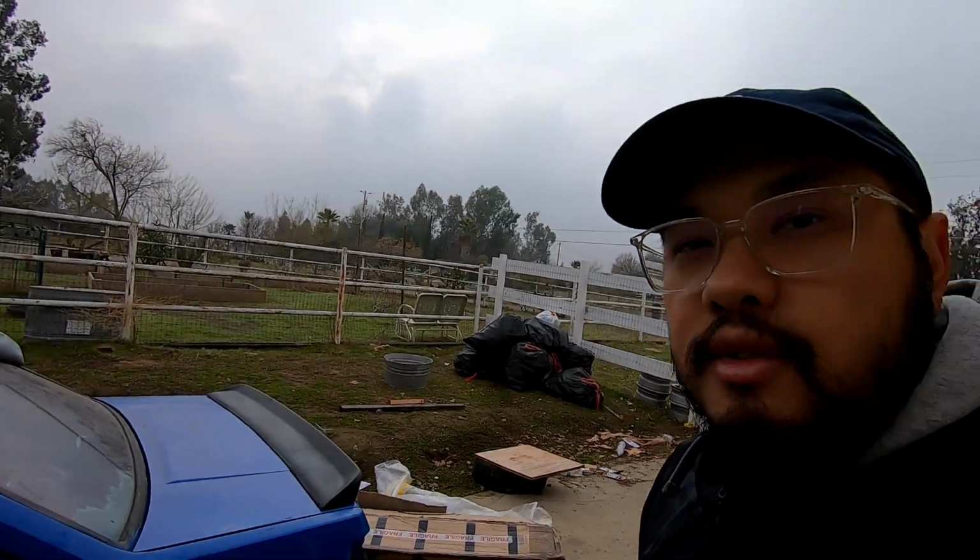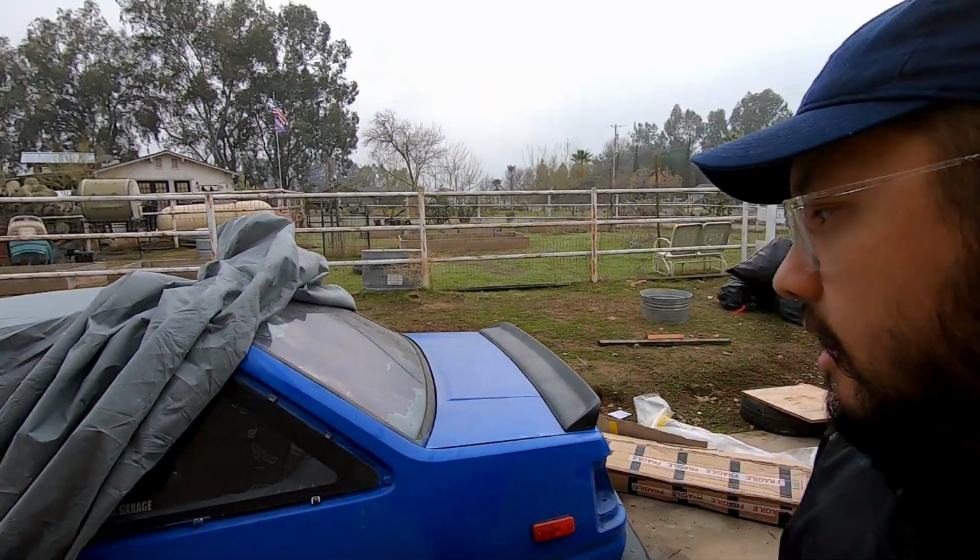This is like the style I've been wanting for such a long time. These spoilers are so hard to come by now, so if you find one, go ahead and get it because it's super difficult to find, or you're gonna pay a lot for it. And AE86 WORLD actually hooked me up. I got a really great deal on it, so including shipping, it wasn't even that much compared to what you see on like eBay or online. And so yeah,